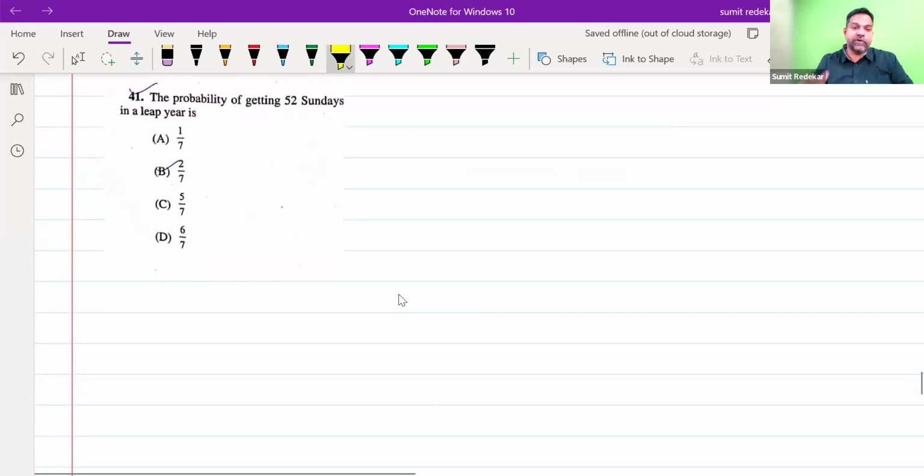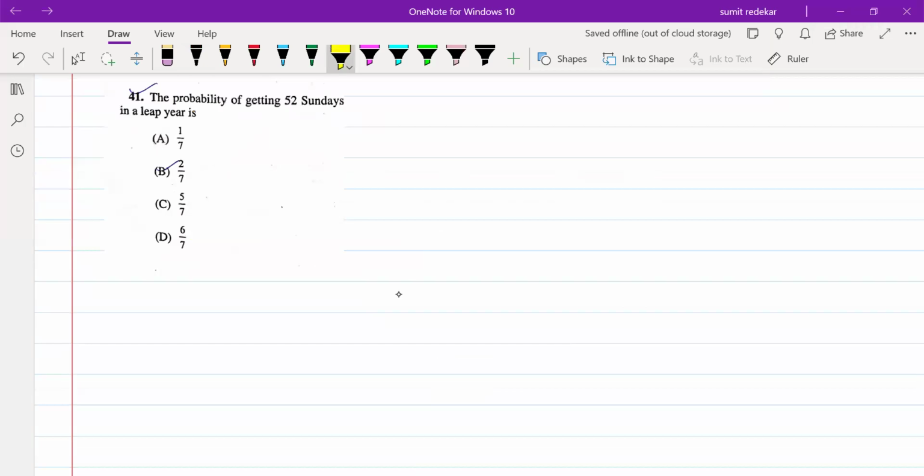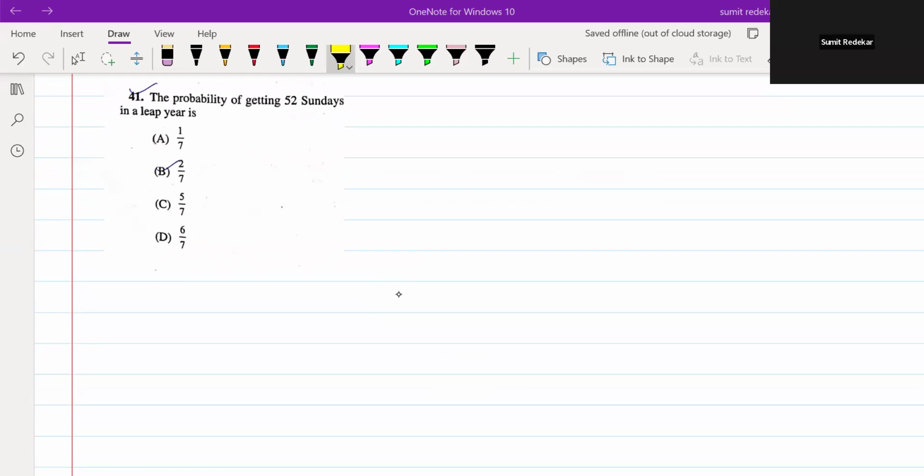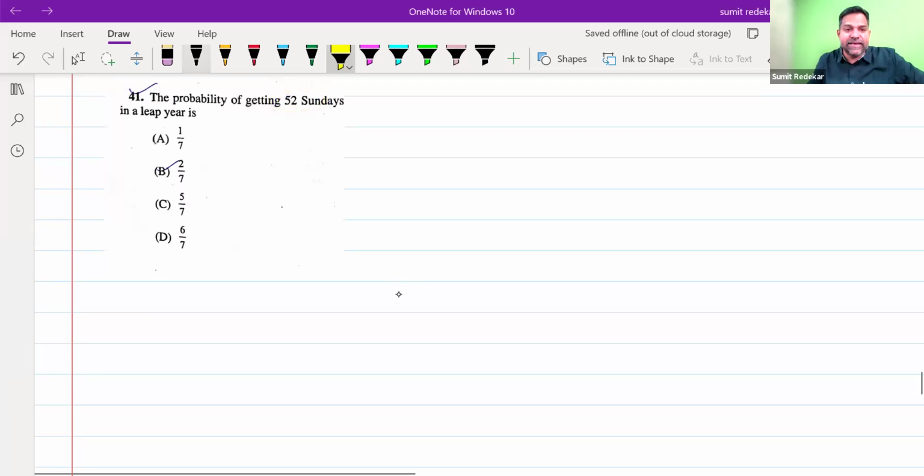Moving on to question number 41. This is a tad interesting question. Just give me a second. The probability of getting 52 Sundays in a leap year is, we all know what a leap year is. A leap year is